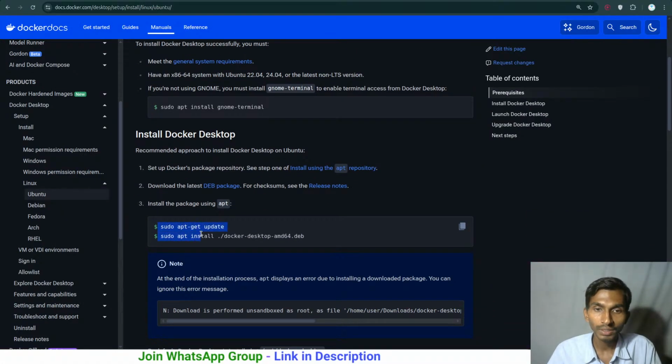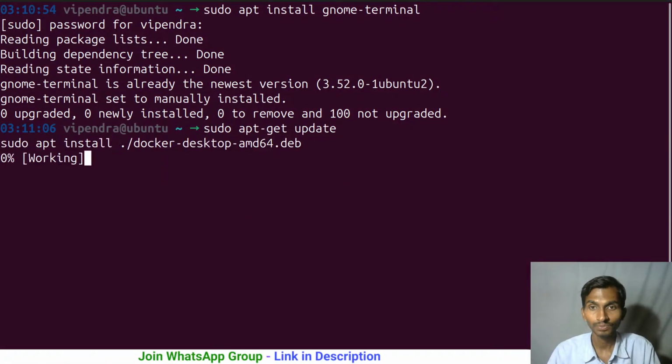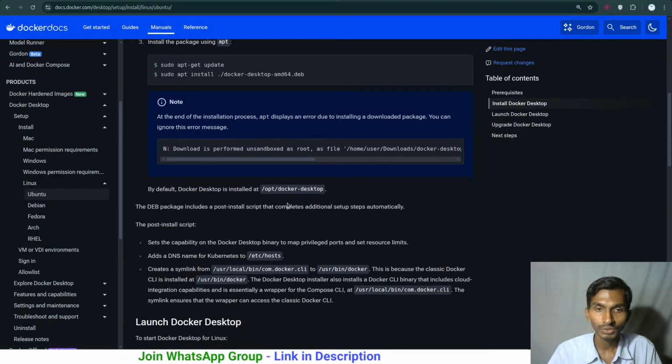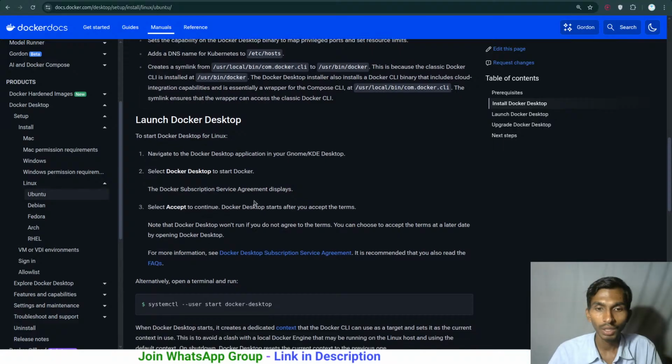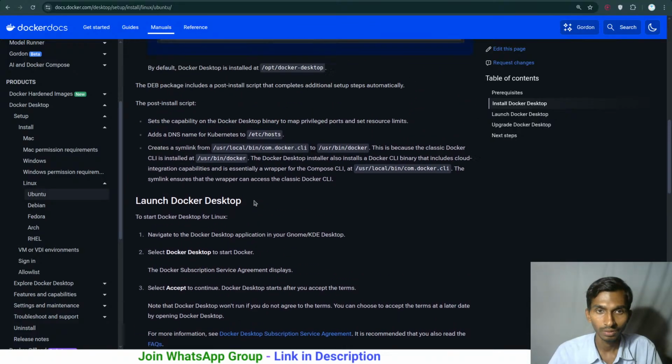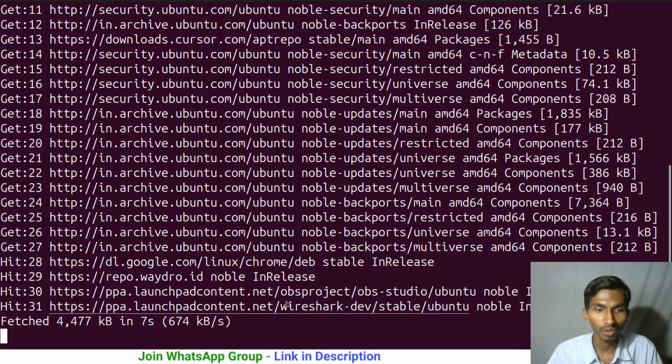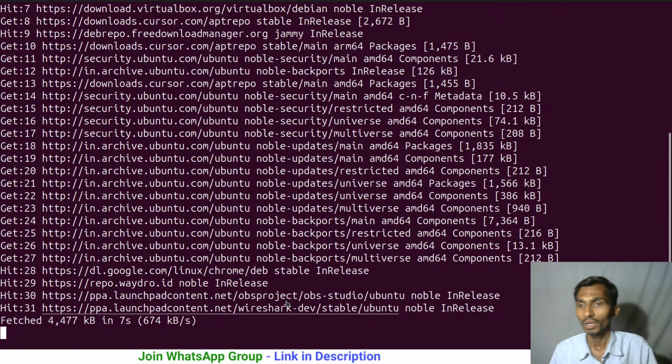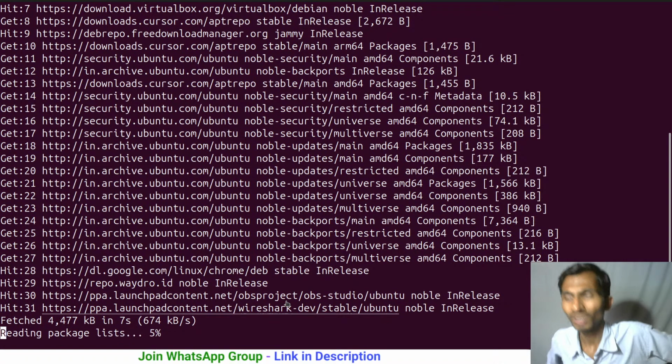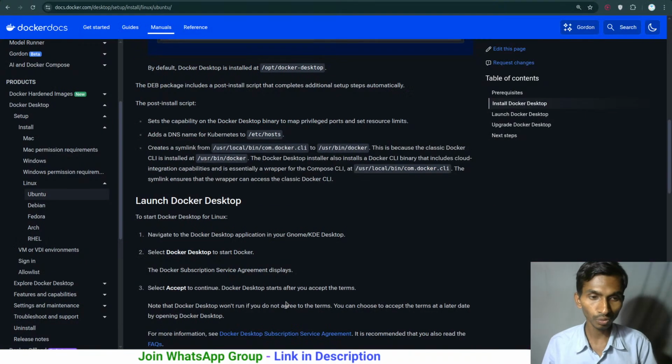sudo apt update and then install docker desktop deb. Okay, it will be installed. So copy, paste, enter. Let's go to the next one, and that is it. Hopefully it will be installed. Let's wait for a while, and then Docker Desktop will be installed. And I think for using Docker Desktop you need to do